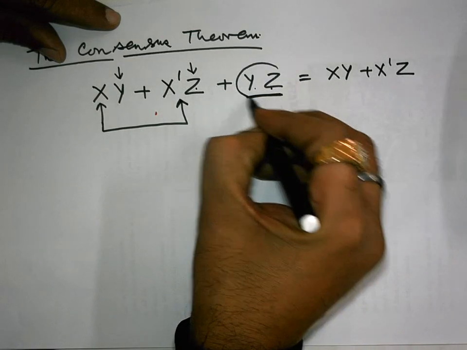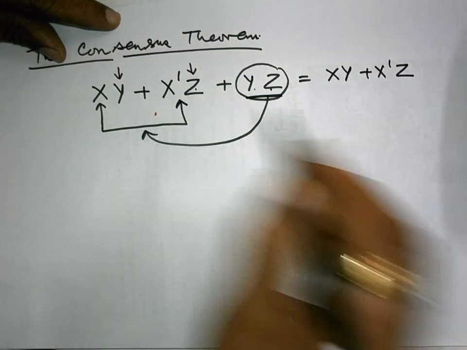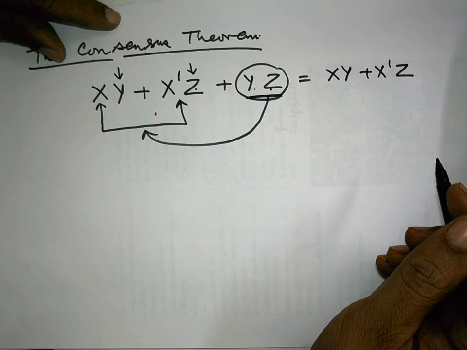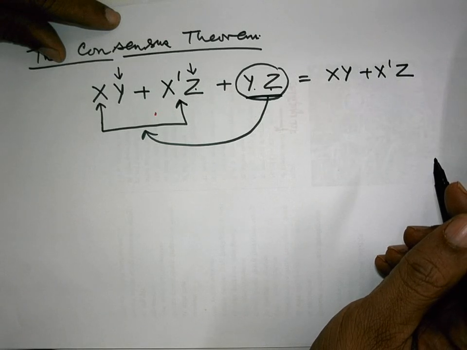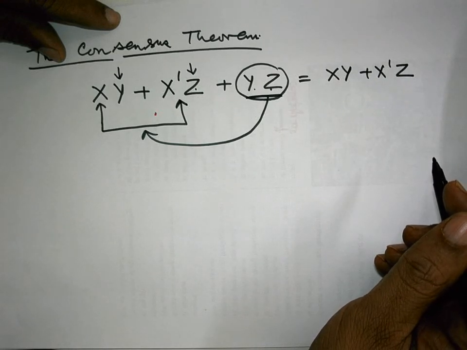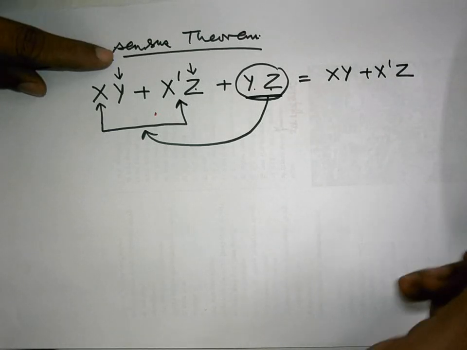This term is the consensus of these two terms, therefore they are extra and they will contribute simply to some logical gate and delay in the circuit and some power consumption. Therefore a term like this should be eliminated while designing the circuit. How is it extra? Let us explain it.